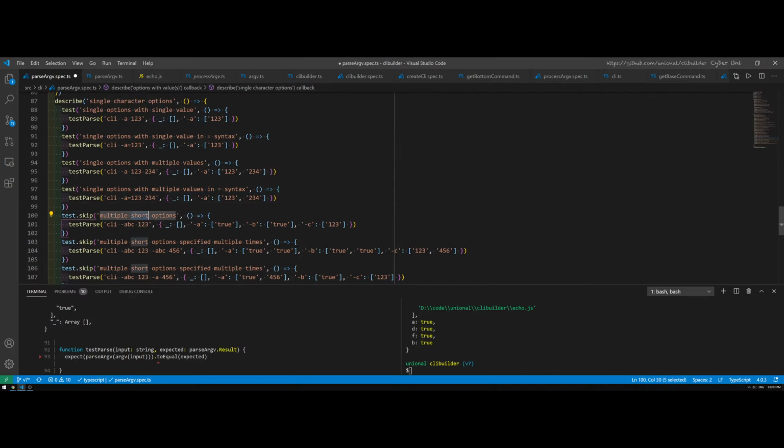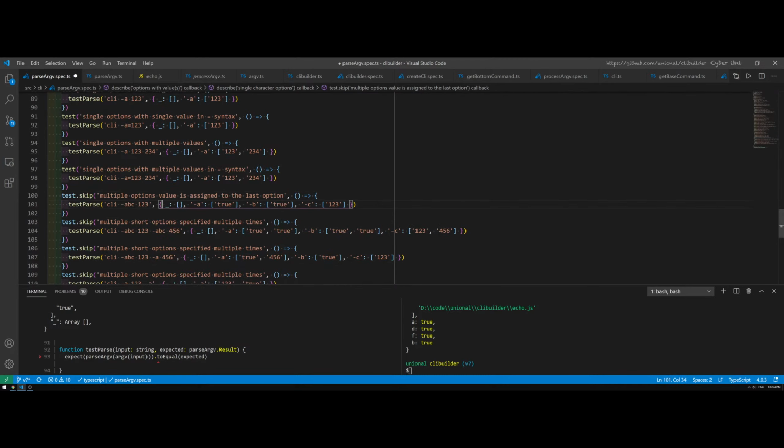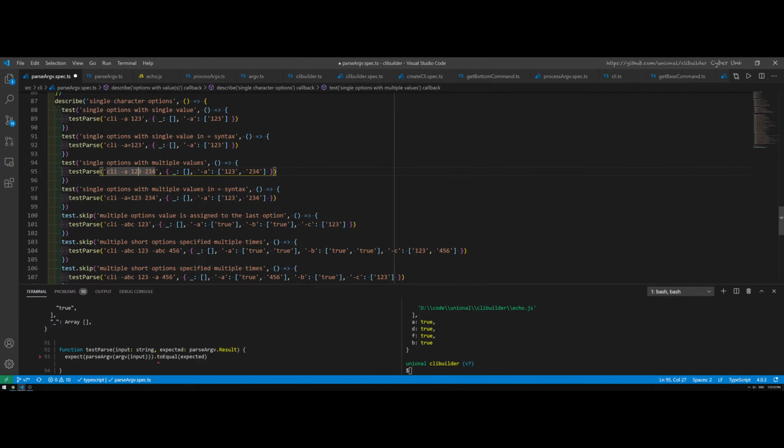So multiple options, value is assigned to the last option. Come on, the last option. So this is true, 1 to 3. That's fine. And yeah, I can still repeat those, or it should be fine. You should be able to handle it. Oh, one more thing is